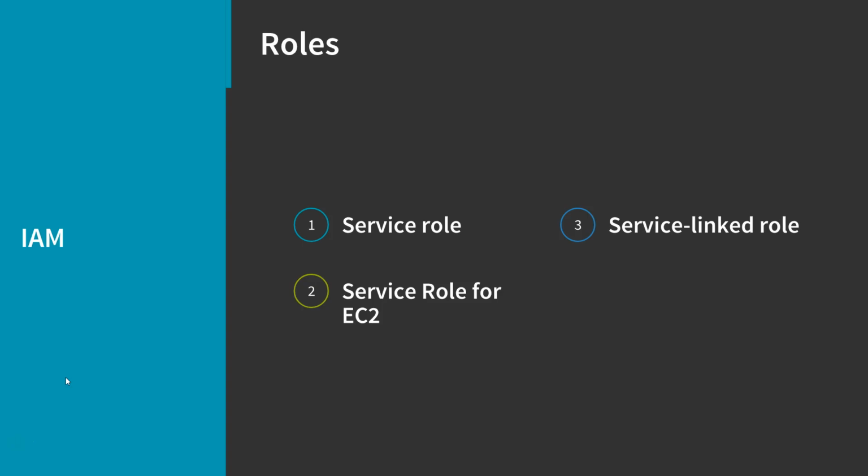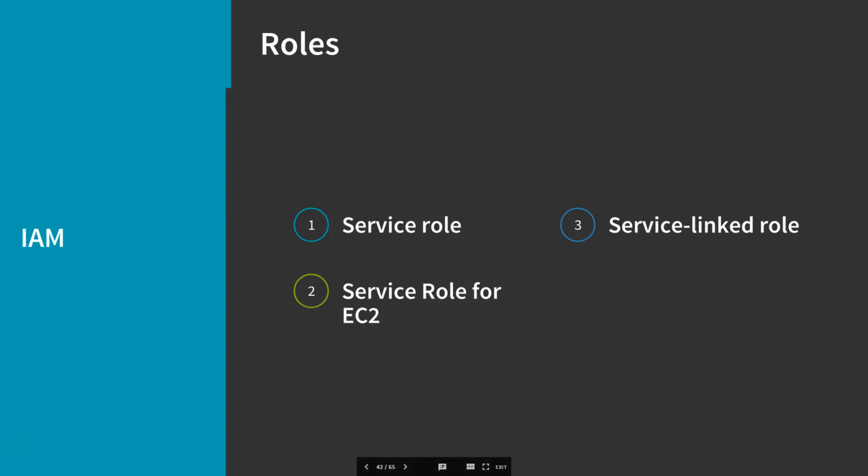There are also service roles for an EC2 instance, which is a special type of service role that a service assumes to launch an Amazon EC2 instance that runs your application. This role is assigned to the EC2 instance when it's launched. AWS automatically provides temporary security credentials that are attached to the role and then makes them available for the EC2 instance to use on behalf of its applications. Shortly here, we're going to go into an example on how to create service roles for EC2s, but in the meantime,